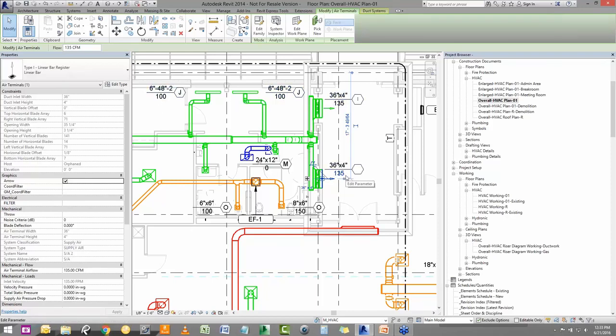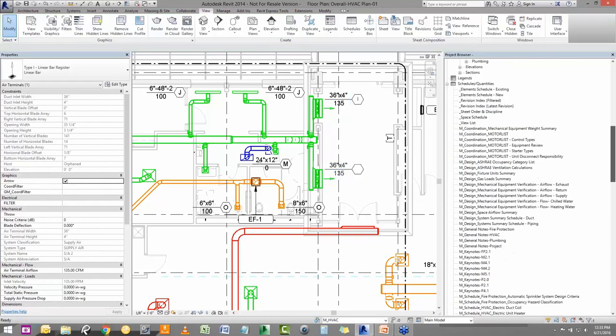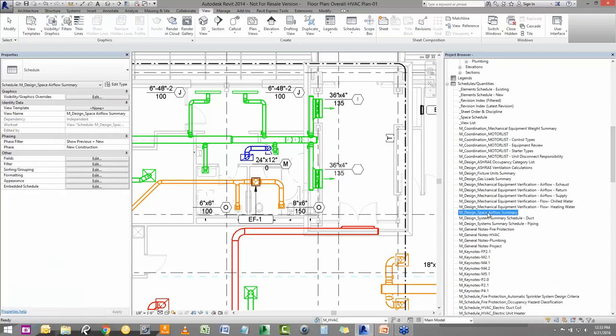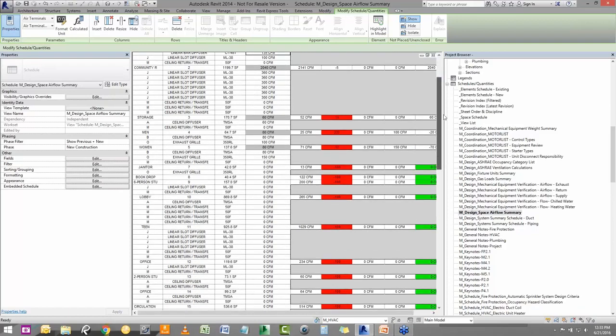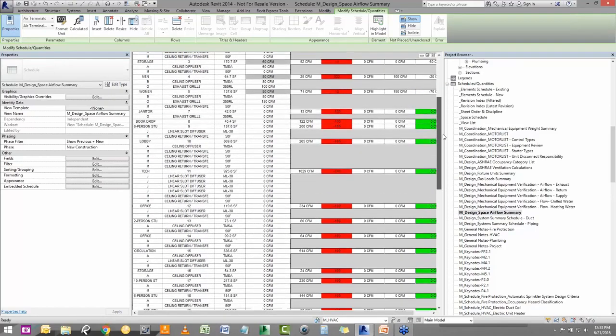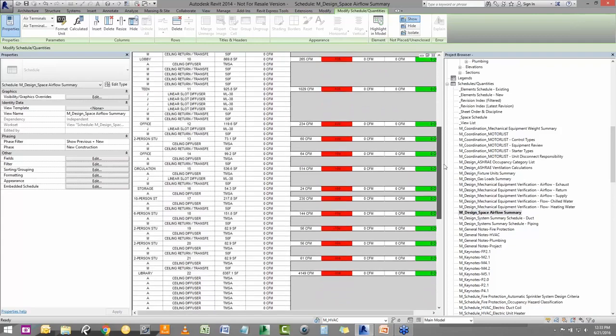It's because Revit really isn't a drafting tool as much as it is a database, and all the data inside of this database is reciprocal. It goes back and forth. And so we can make adjustments in the schedule and that will update the model and vice versa. So if we have that knowledge with Revit and we know that data is reciprocal, that means I can take something like this design space airflow summary schedule and use it to balance my entire job from the schedule,